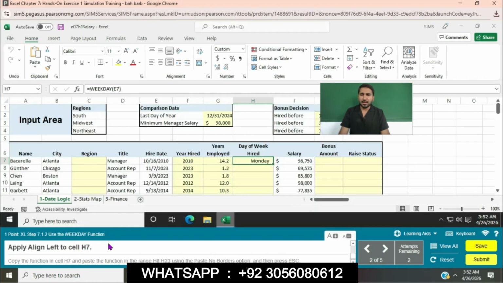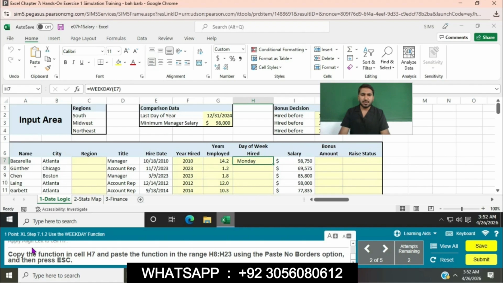So apply align left to cell H7. Select cell H7, go to the Home tab in the Alignment group, and apply align left. Copy the function in cell H7 and paste the function in the range H8 to H23 using the Paste No Borders option, and then press escape.